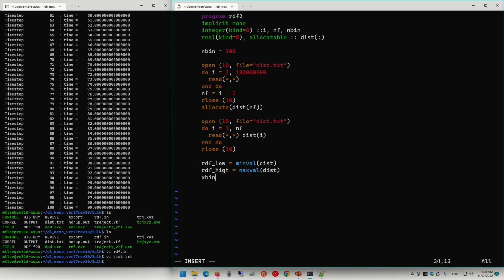Just call it X bin, equals maximum value equals RDF high minus RDF low divided by M bin.